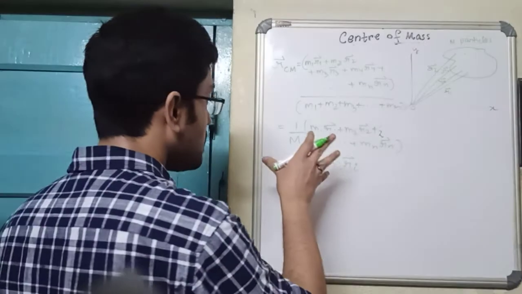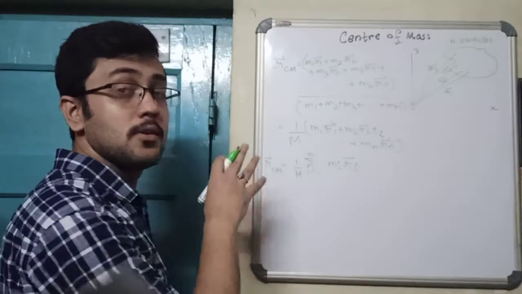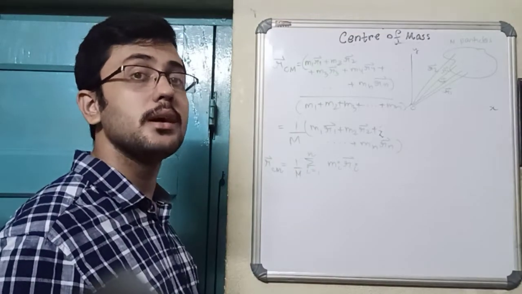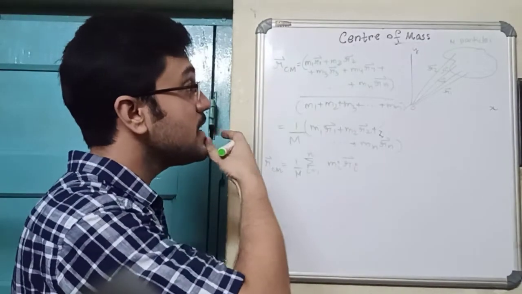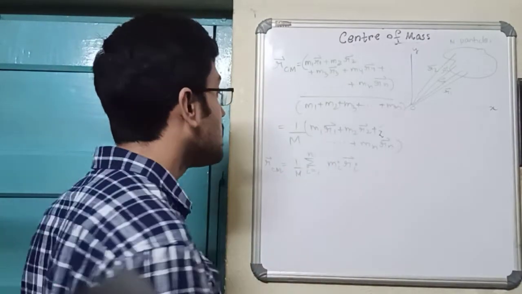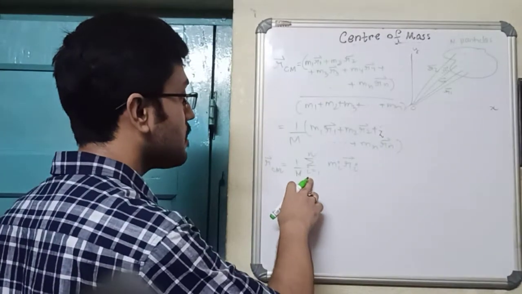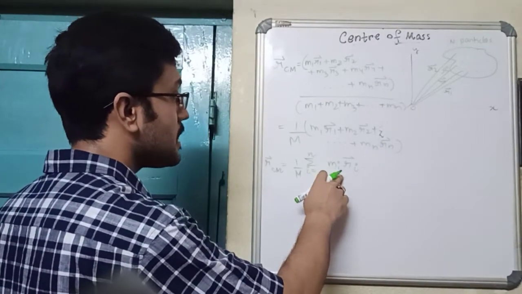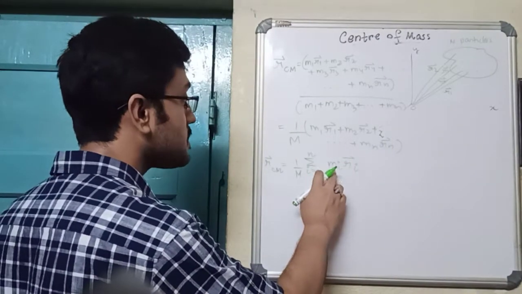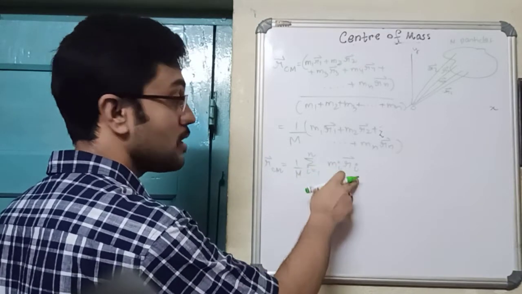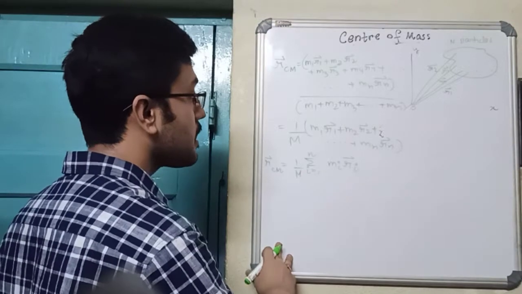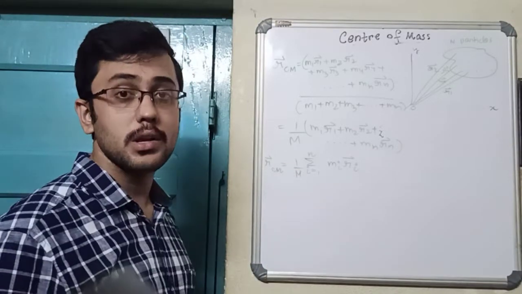So basically this is the center of mass for a system which has more than two particles, and the number of particles may be any number, we don't know it, so n particles. In that case the summation will run from 1 to n times mi ri vector. So when i is 1, it's m1 r1, when i is 2, it's m2 r2, when i is 3, it's m3 r3, and so on. We will keep on adding it up